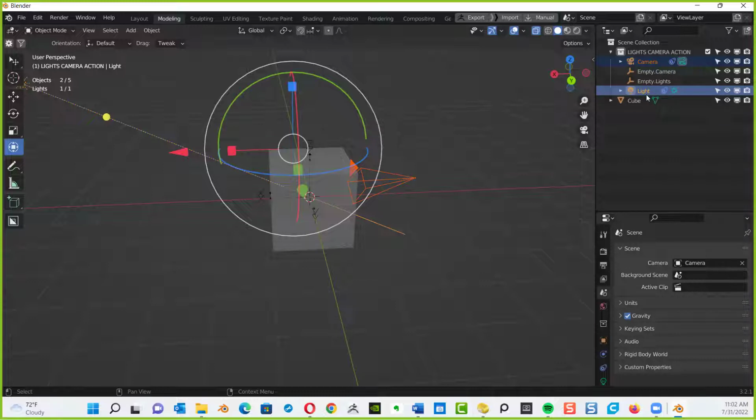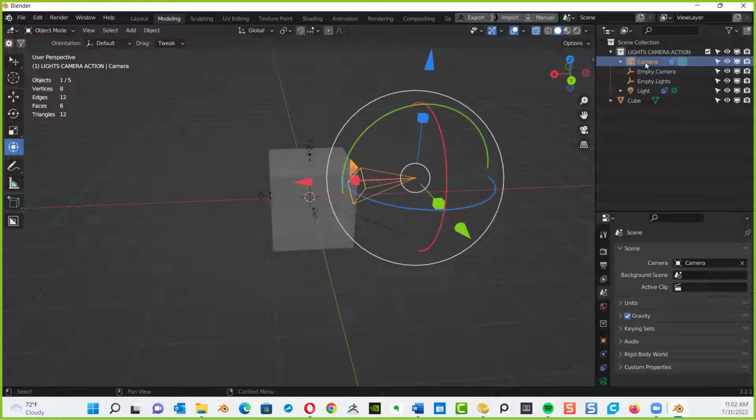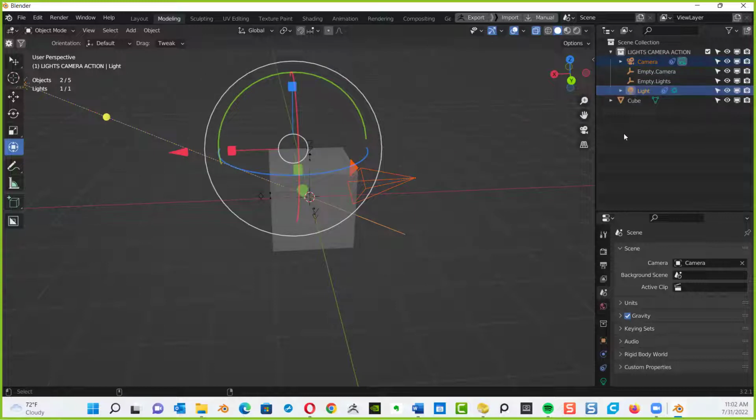When I hit M and created a new group, they were both moved to the new group. Right. So what I'm doing, Charles, is left clicking and releasing on the camera, holding the control key down, left clicking and releasing on the light. Now they're both selected. Then hit the M key for man.